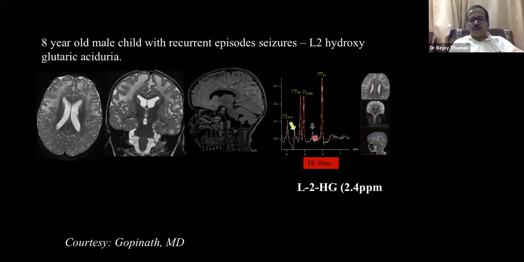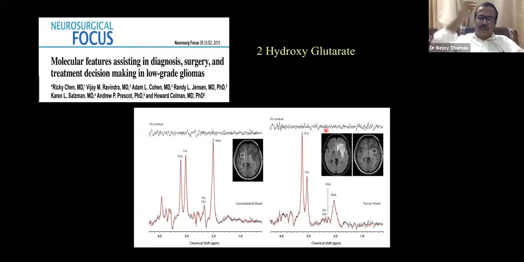At 2.4 ppm, you see the 2-hydroxyglutarate. The problem is that you see succinate there, you see the GLX there. So how do you know that this is a normal GLX which is seen in one T30 or 135? Or is it actually a 135 spectrum, sorry, this is not T30. So 2-hydroxyglutarate there, and it is not very easy. It's again hard to differentiate